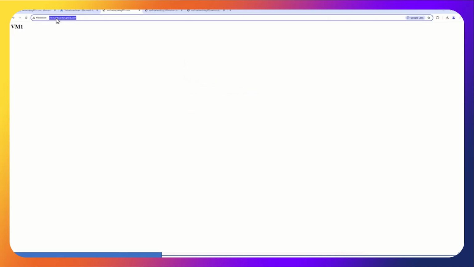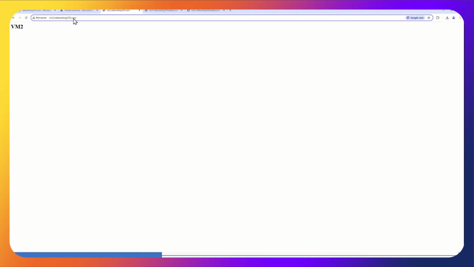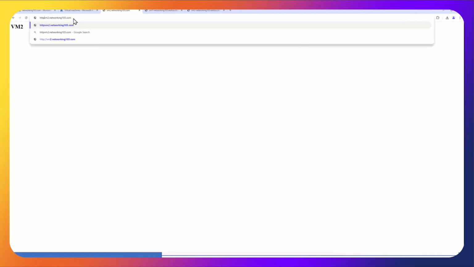And now if I go to VM2, there it is. Again, that's because the browser put HTTPS in. That's why it was spinning. And the first one came right away because HTTP was on there.